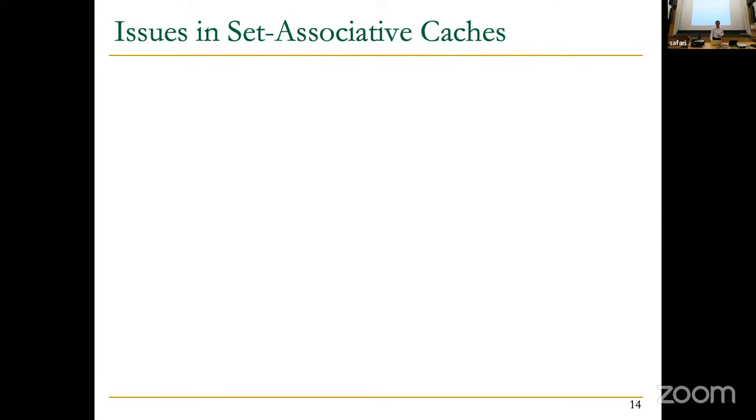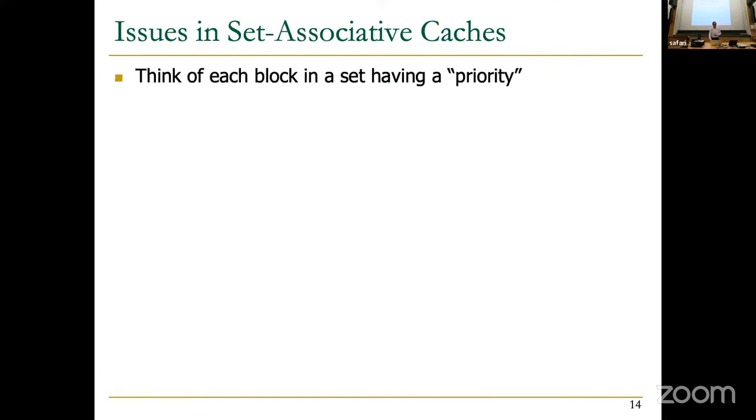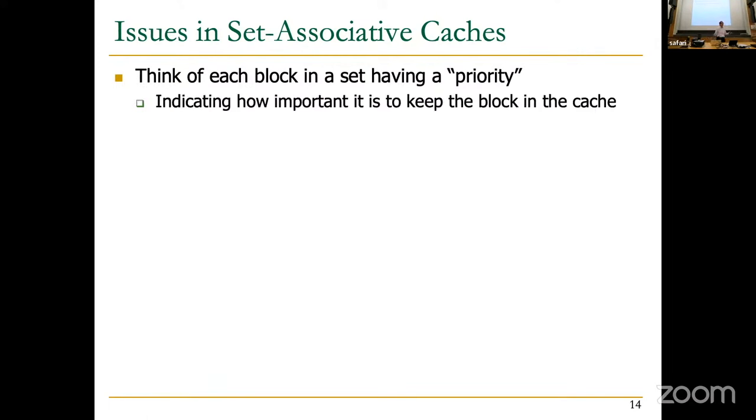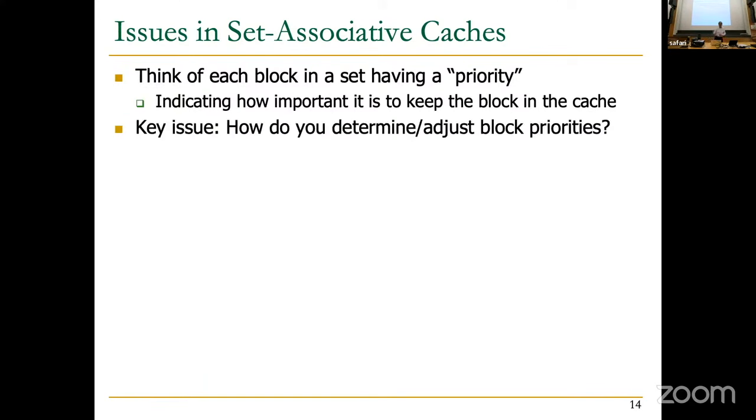I said we were going to talk about issues in associative caches. But let me give you a framework of what we're going to talk about for some time. And we're going to talk about a lot of other design decisions in caching as well. Basically, when you bring a block and when you access a block, you can think of each block in a set as having a priority. Priority is the importance of the cache block, let's say. How important is it to keep the block in the cache? We're going to talk about what that means later on. And the key issue in set associative cache management is how do you determine and adjust the priorities